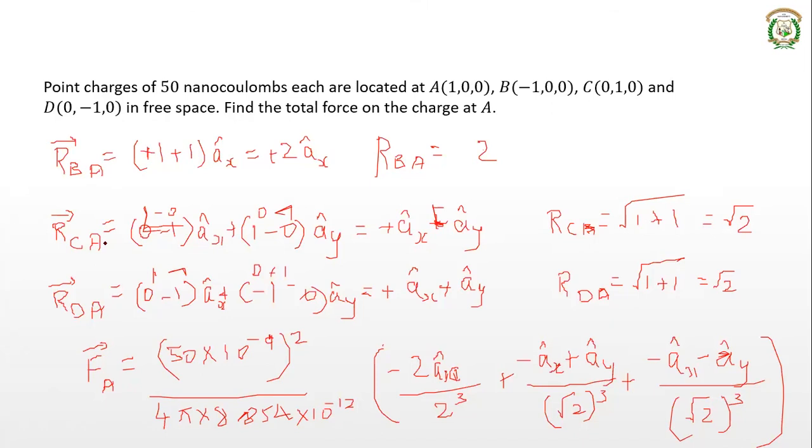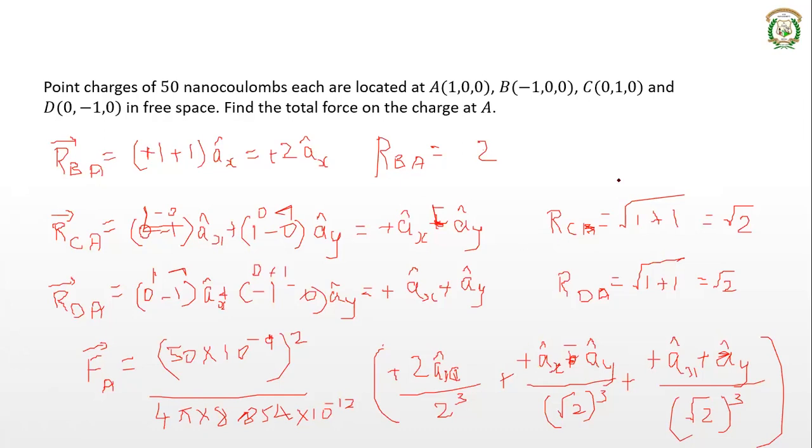It is RBA, RCA, RDA. So it is RA minus RB, RA minus RD, and RA minus RC. So that way magnitudes will be the same anyway, but directions are different. So it is not the same. So it has to be different. So this will be plus. Here this is plus, this is minus. Okay, sorry, and this is plus. So these are the changes. So please make these changes and get me the final answer.